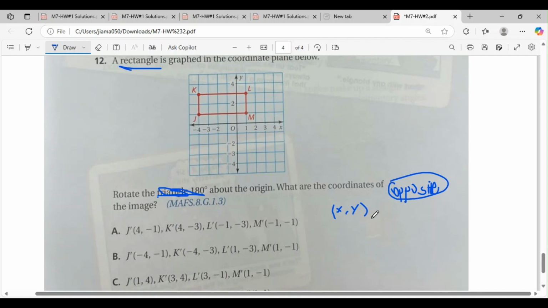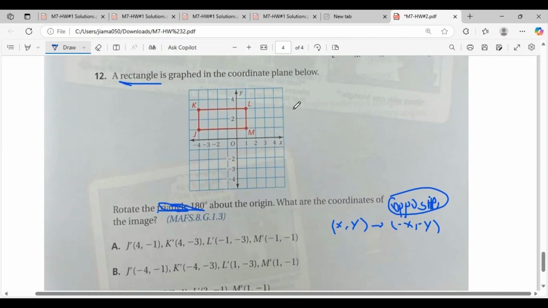Opposite, which means x becomes negative x, y becomes negative y. Okay? So, for example,